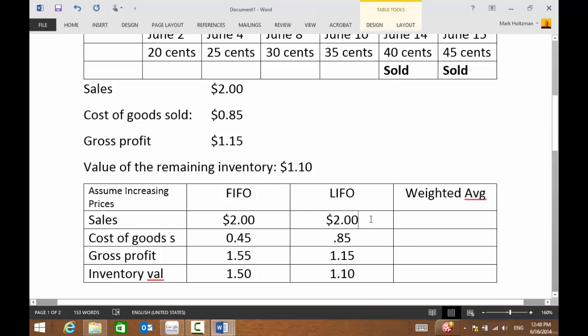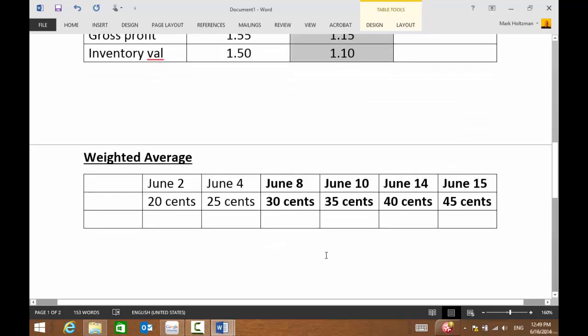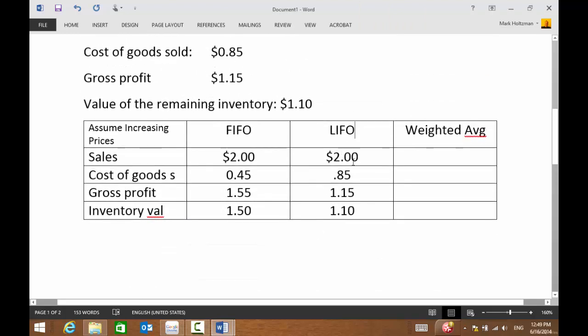The IRS says if you're going to use LIFO for your tax return, then you have to use it on your financial statements too. So if you're going to use LIFO in one, they want you to look bad for your shareholders. And the fact is, most U.S. companies use LIFO. It's a little more than 50% use LIFO because they'd rather have the tax savings, you know. But the IRS says that if you use LIFO on your tax return, then you got to use it across the board.